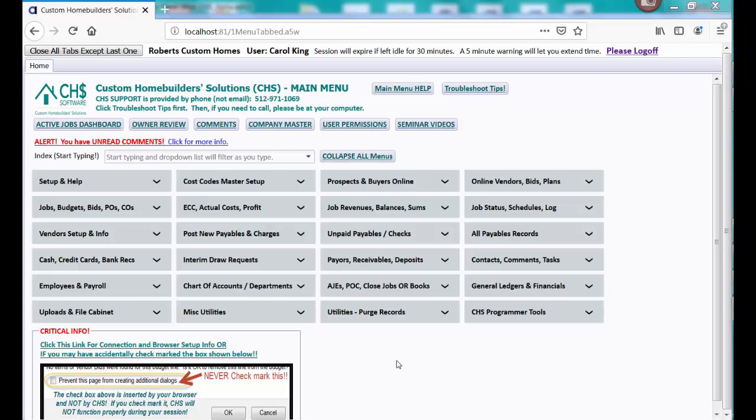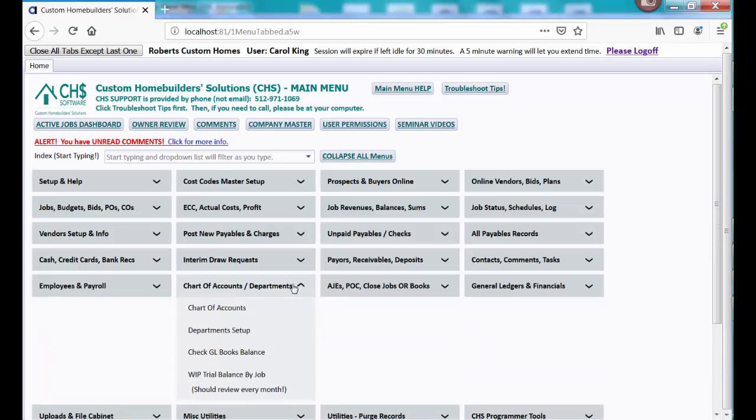because it has a lot to do with how you're reporting your income, either actually to your bankers or to the IRS. You may use a hybrid of a couple of the methods, which your accountant will know about. I'd also like to discuss the preferred method that most home builder consultants advise that you use as your method of accounting. So let's expand this chart of accounts department, and I want to open the chart of